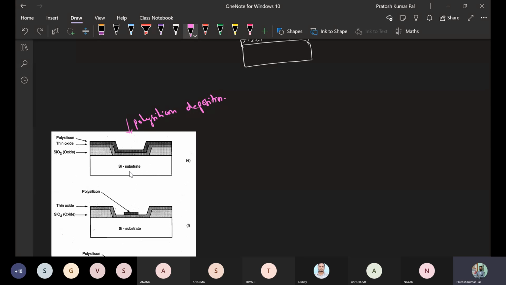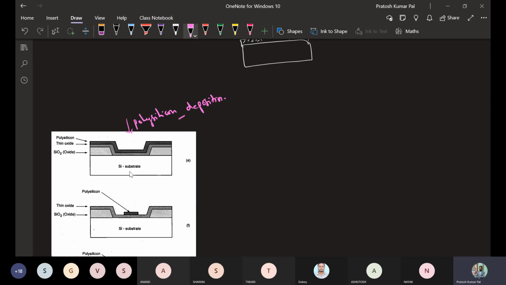It is not a selected deposition, it is deposited on the complete exposed surface, so it is not lithography, it is directly, you can say, a layer growth. Okay, so layer growth is there, like a film growth we call it. So polysilicon film is grown all over the entire surface.